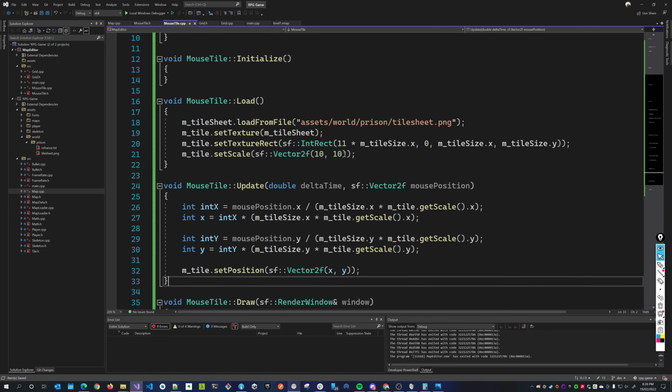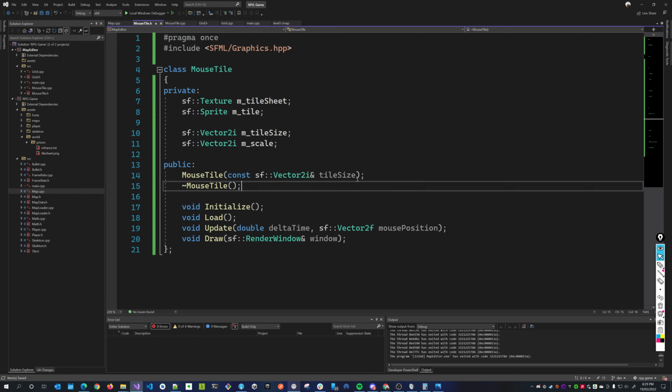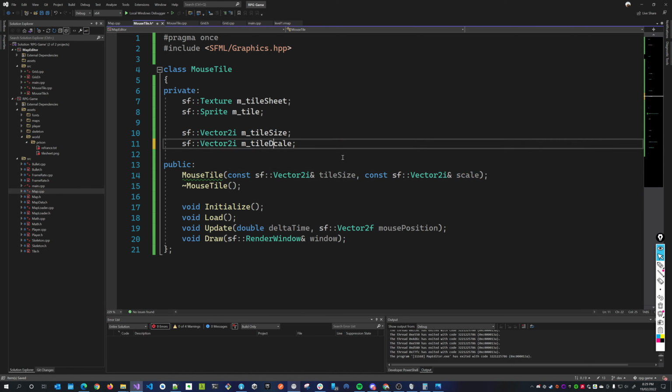I need to specify the scale. I shouldn't put the scale here. So again, I do sf vector 2i, m underscore scale, right? So tile size, comma, scale. This would be tile scale,